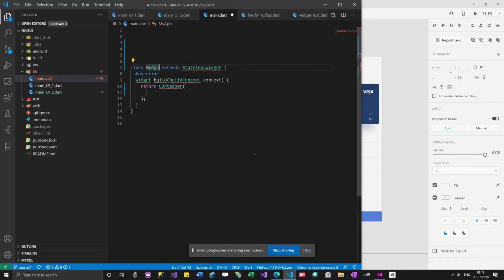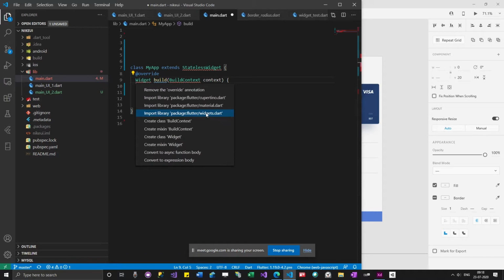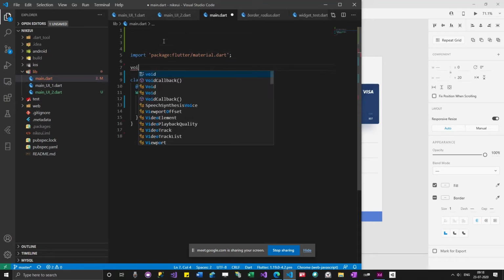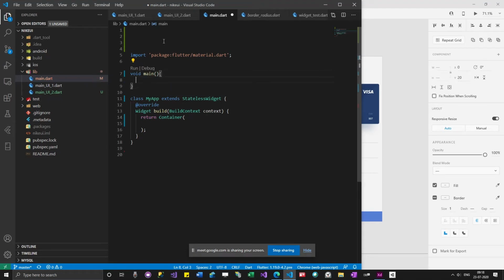and I have given a class name. So I said red squiggly lines, right? These are the squiggly lines, and then I'm going to resolve it. We know that we have to import the library. And then we'll add a void main. Void main is the starting point of the program.